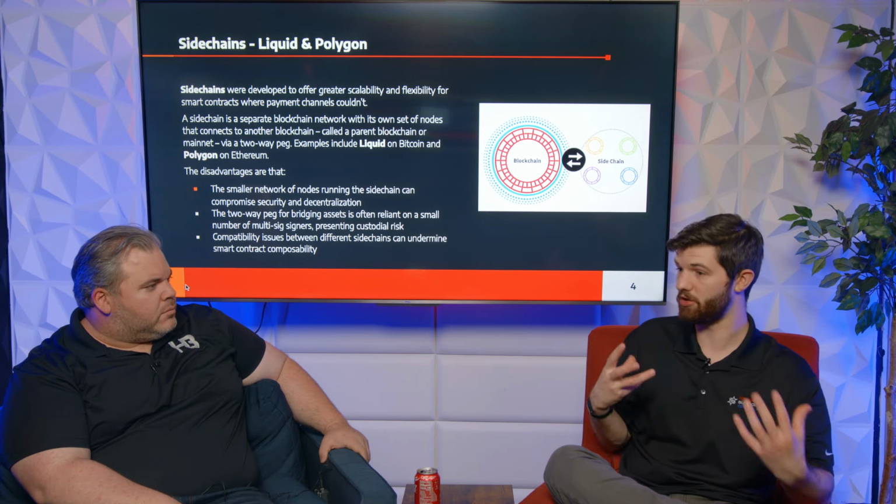So even Polygon admits, hey, we built sidechains today because it was the fastest way to give people scale now. But long term, we're going to move this platform towards layer 2 solutions that are more secure and more decentralized. So at least in the Ethereum world, it's still a known thing. I think there are still some sidechain projects like Liquid on Bitcoin that are trying to make sidechains work. With Ethereum, they've kind of given up on sidechains. They're moving to something else, but we'll see how the future holds. Right now, sidechains, I think, have a lot left to be desired.